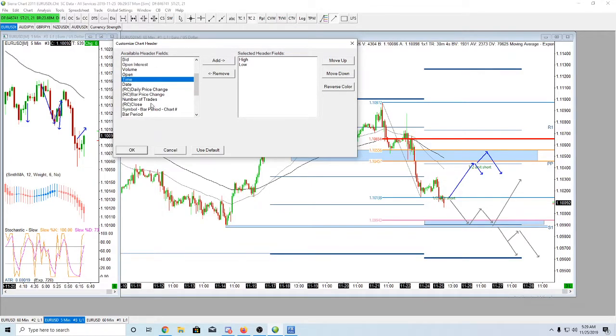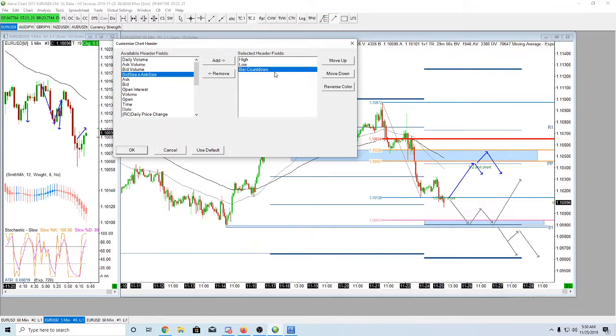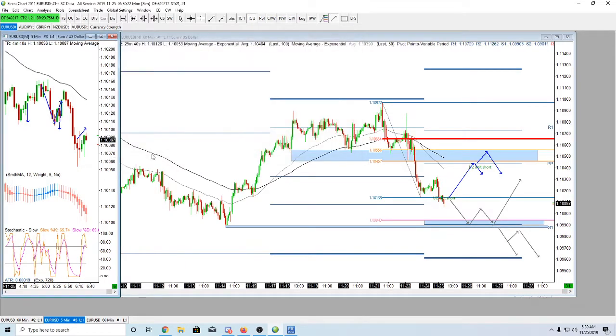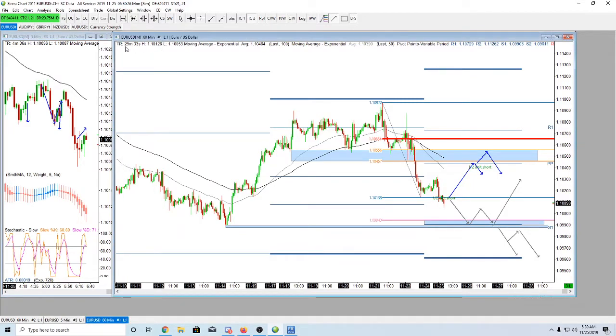I like to see, where's time remaining? I'm sure it's right in front of my face, and everyone's screaming, bar countdown, there it is. Add the bar countdown. The currency is already in this header here, so I don't really need it. The time frame is already up here too. If I click on this, notice it changes the header on all my charts. That's a universal deal.